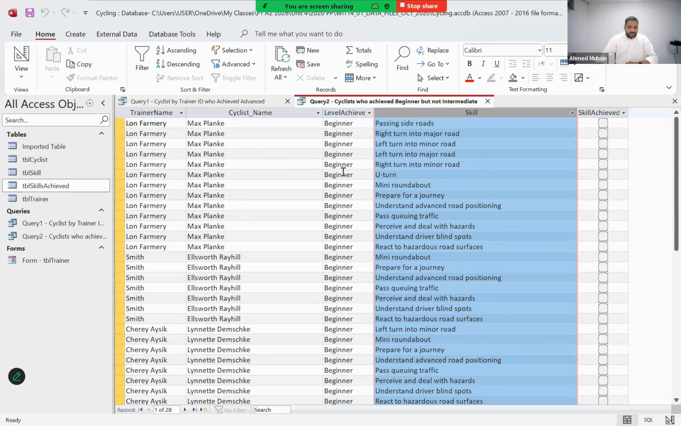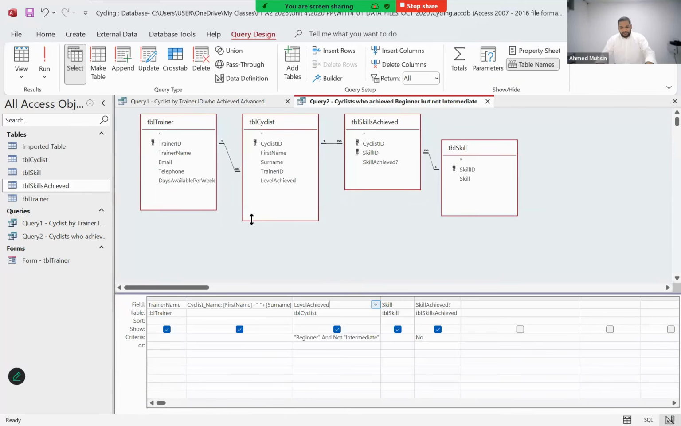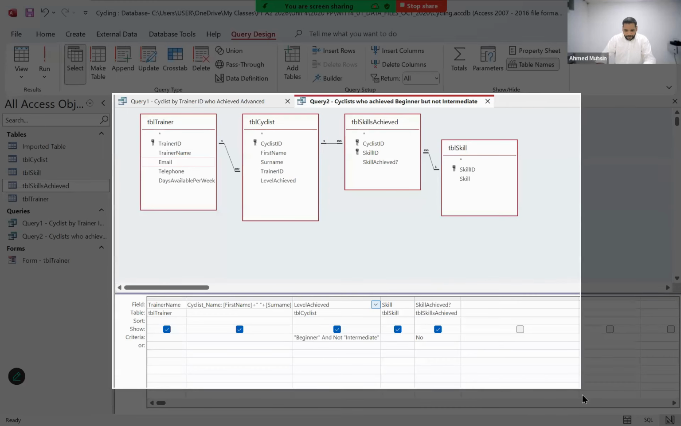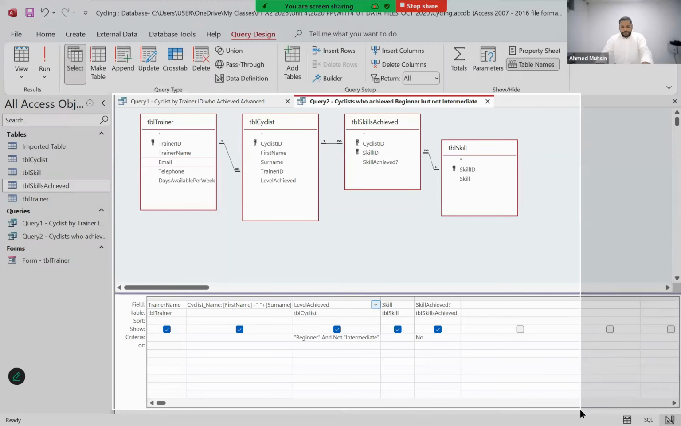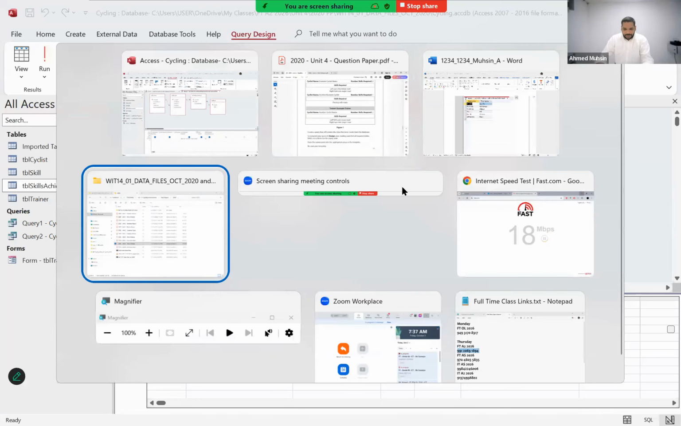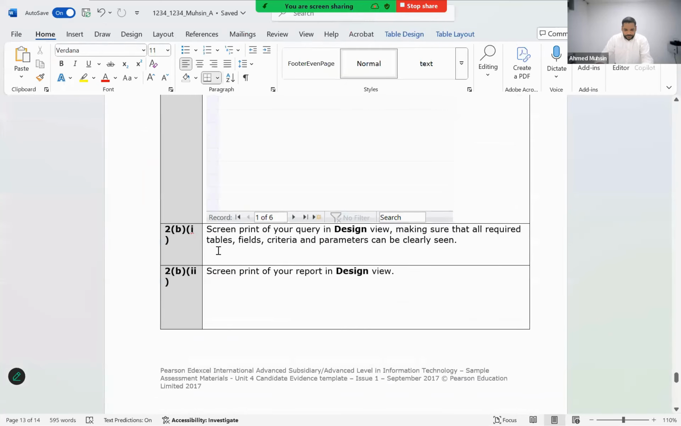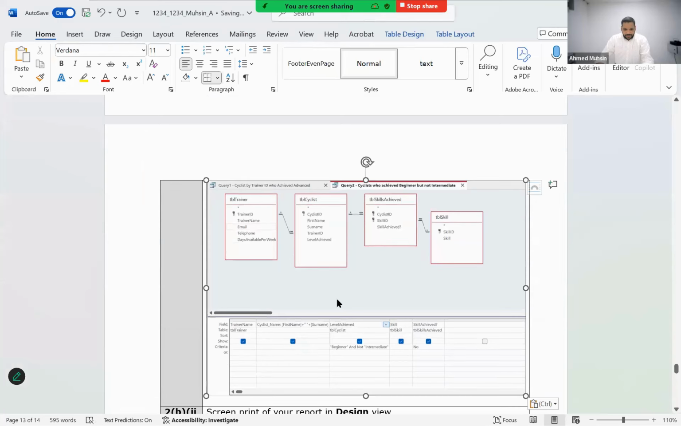The examiner then says to take a screenshot of it in design view. So I'm going to do that right now. Windows Shift S from top to bottom. And I'm going to paste my screenshot over here. Making sure that